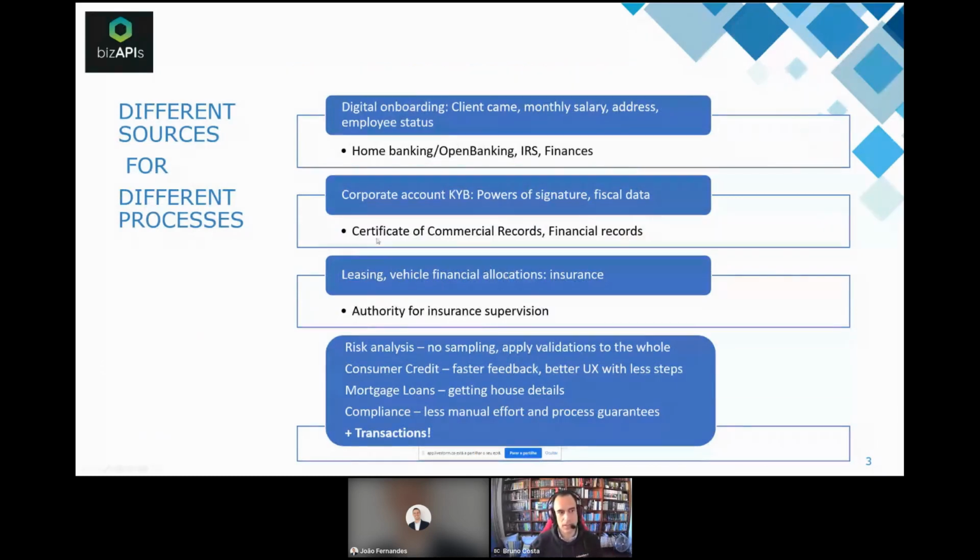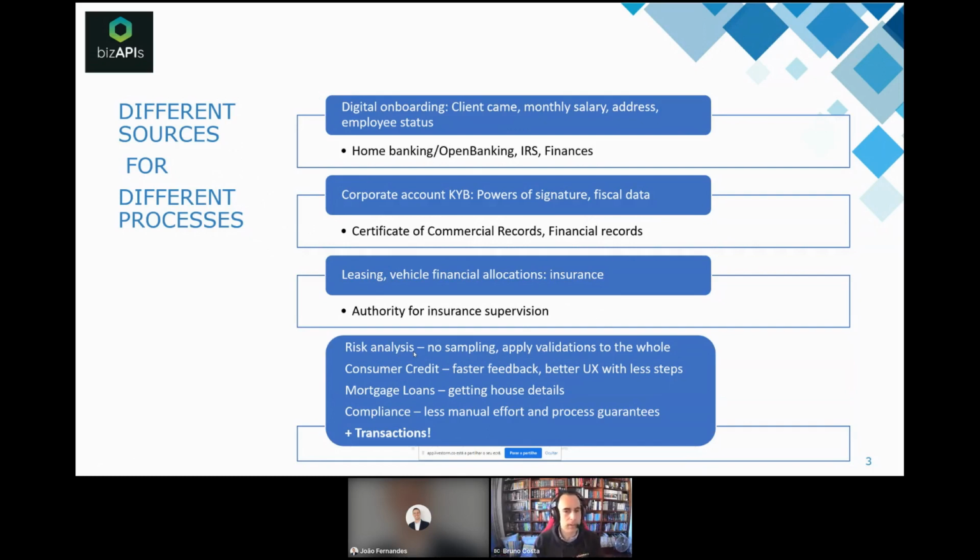So different processes inside the organization end up having different sources, and you can reduce the amount of information you are asking your clients if you go into these sources and get that information. And there are other things. For example, very common in onboarding in terms of credit is the part of risk analysis, where for small credits like consumer credits, there may be some evaluation where the consumer bank says, if it's a small enough credit, like a microcredit, there are a lot of checks I'm not going to do.